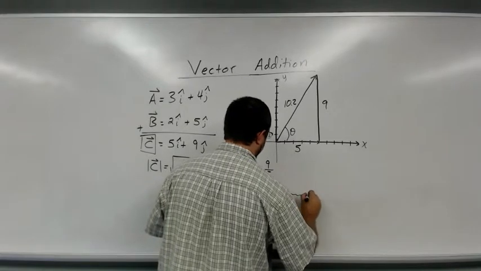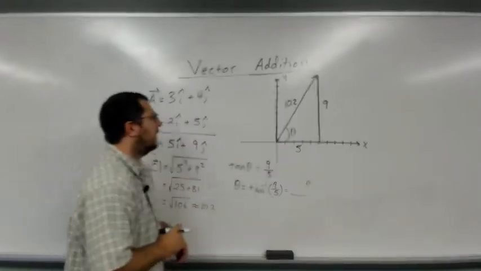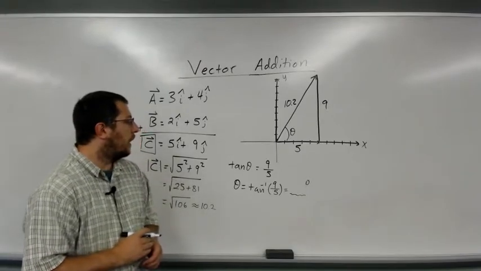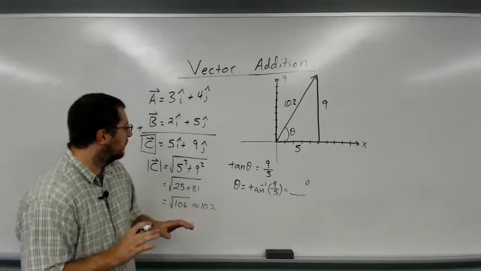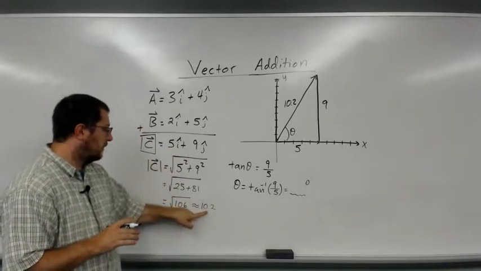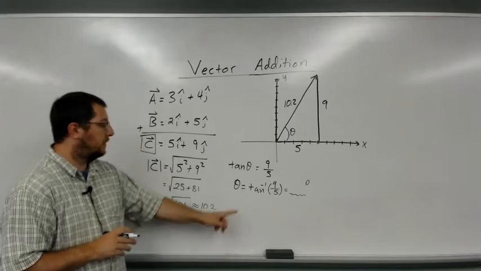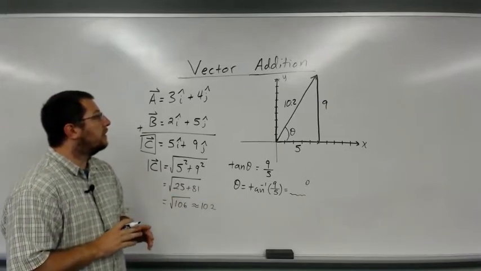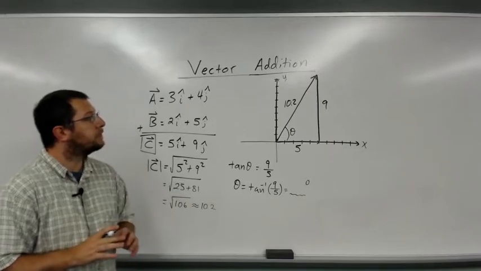And that'll give you some angle, probably somewhere around 60 or 70 degrees. But, okay, we've now found the components, the magnitude, and the direction. Now, one thing that I should note